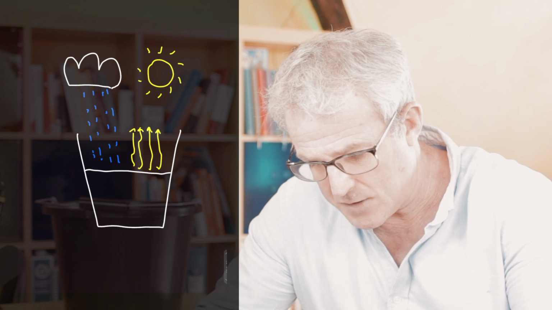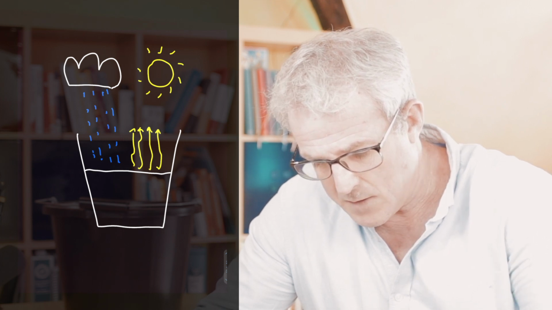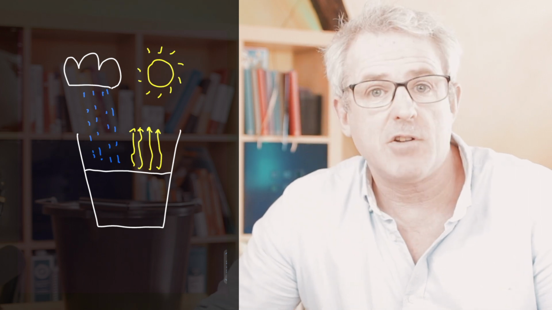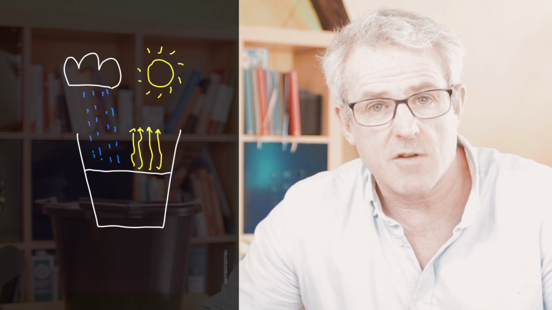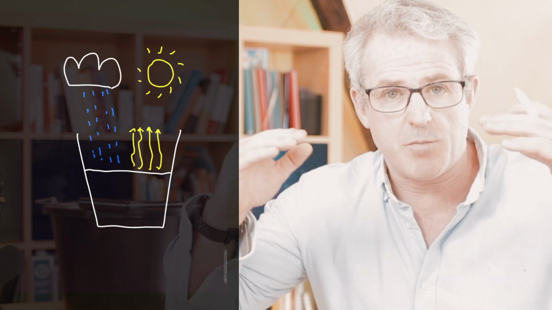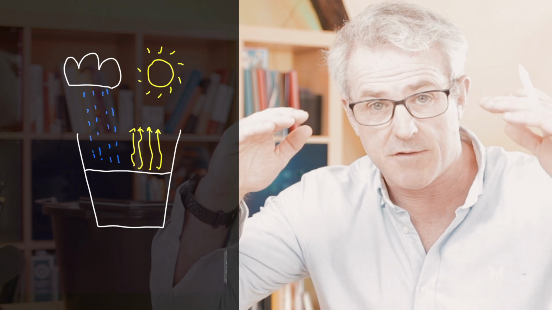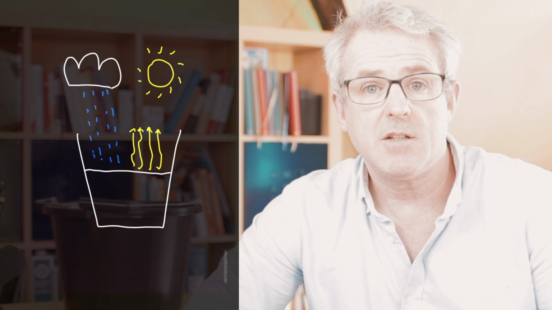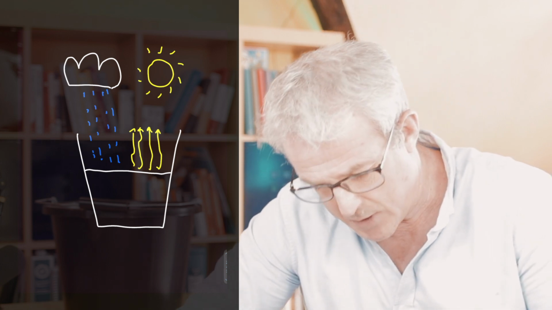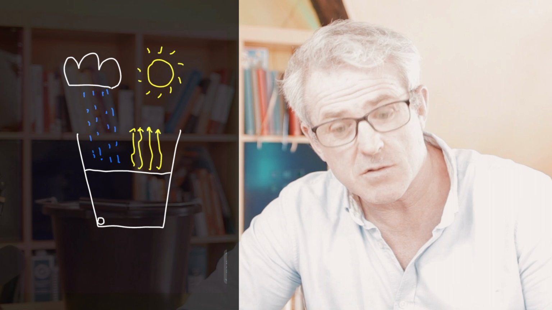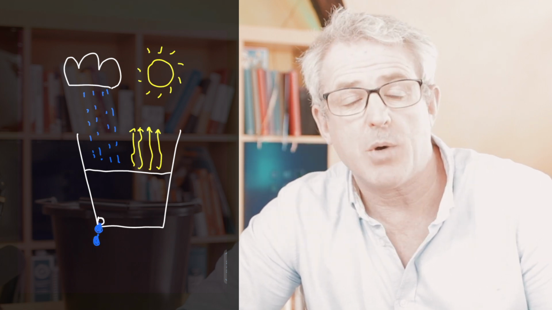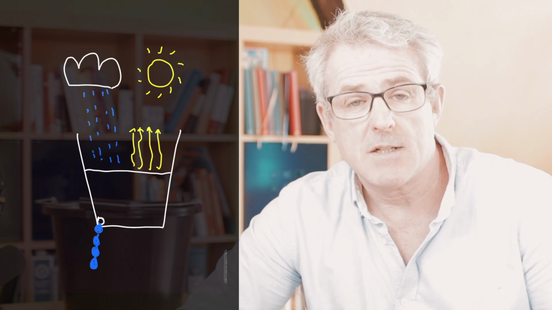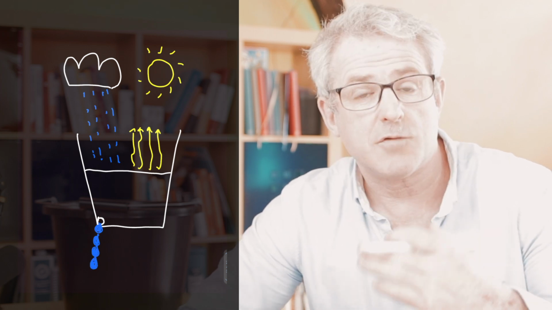But sometimes the sun comes out, and when the sun comes out, we can have some evaporation, and the level of your bucket is going to fall. And this is the equivalent to the markets going down. So you've got the rain, which fills your bucket up because of investment growth, and then you've got the evaporation from the sun, which lowers the value of the bucket. And finally, we've got a hole in your bucket, and that hole is inflation. And that's going to drip money out of your bucket every year. And that's going to cause the level to fall.